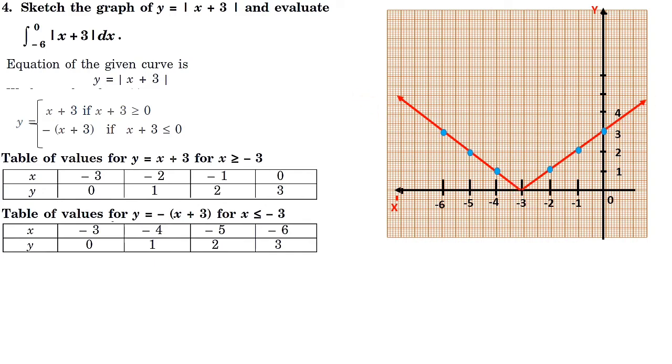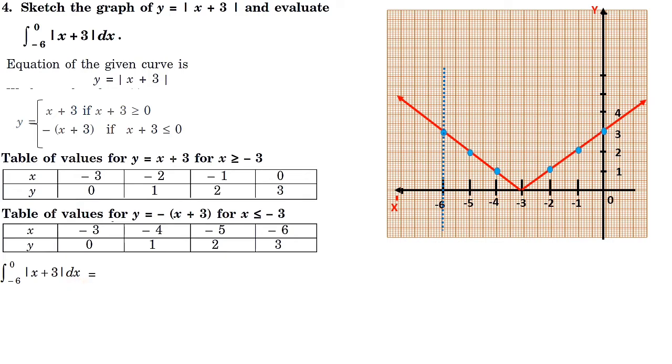And we are asked to evaluate minus 6 to 0. X values are from minus 6 to 0. That means from this point to this point we have to evaluate. So let's take this one, minus 6 to 0. Okay, so integral minus 6 to 0 of mod x plus 3 dx is equal to, so this one we can